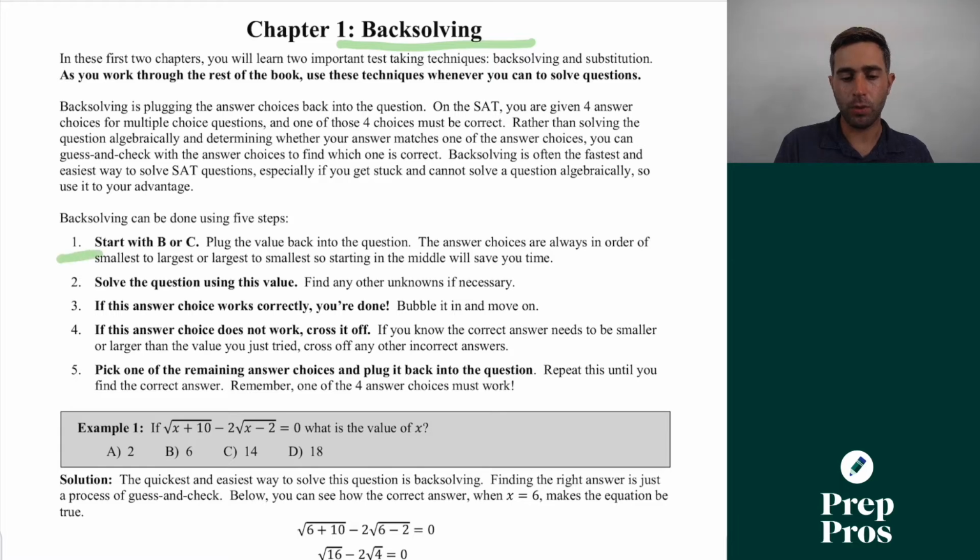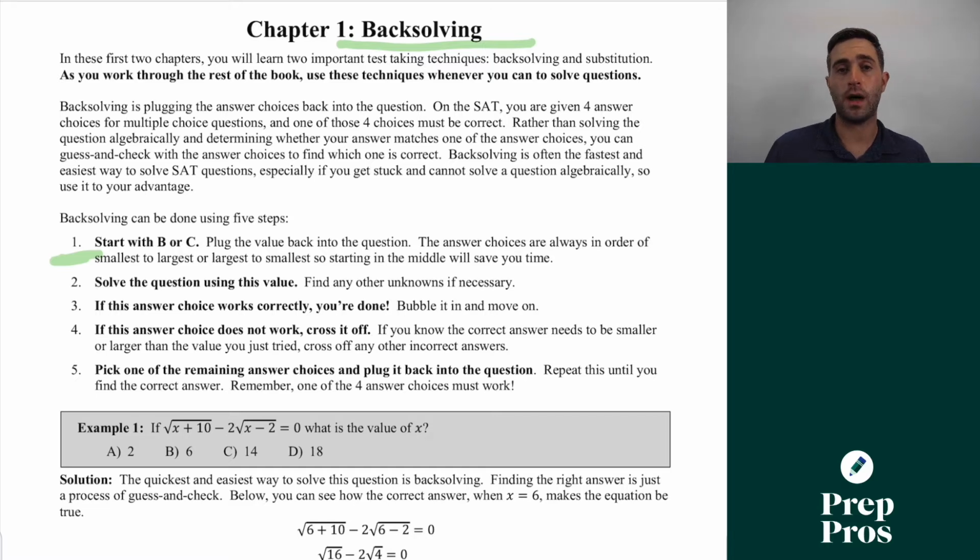Now, one of the most important things here is this first step. This is to start with B or C. Answer choices on the SAT when you're given numbers are going to be ordered either from smallest to largest or largest to smallest. So if we start with one of these two middle values and we immediately can tell that, well, I need a bigger value or a smaller value,